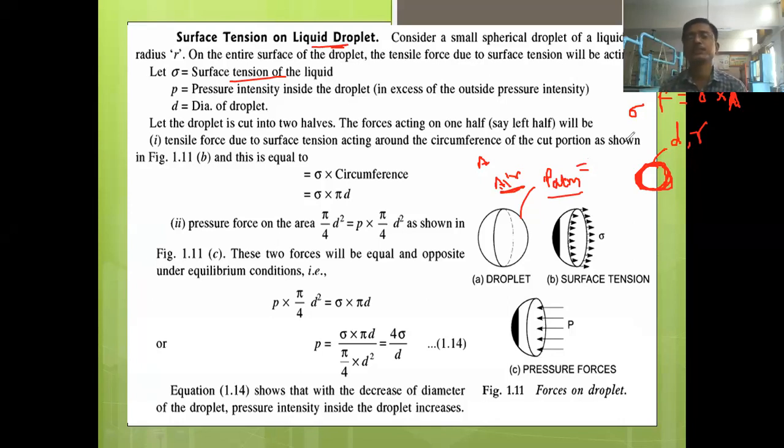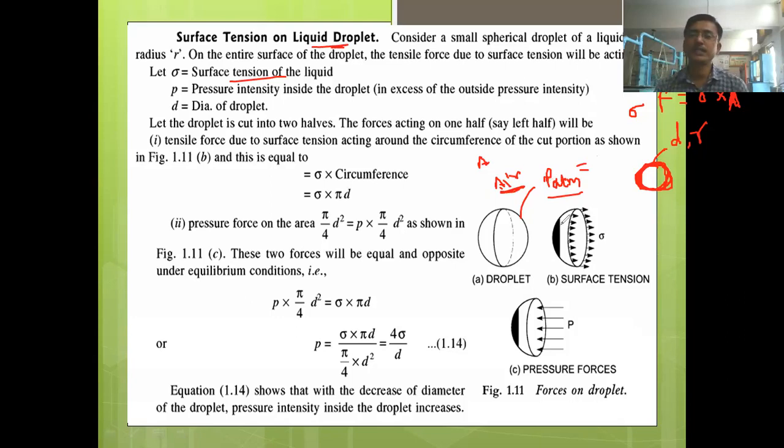And that atmospheric pressure is acting everywhere on every object which is present on the surface of earth, right? So that much pressure should be inside the liquid droplet. त्या लिक्विड ड्रॉपलेटच्या आतमध्ये तेवढाच प्रेशर असायला हवा. But because of this surface tension force, the liquid droplet tries to achieve the minimum surface area. Because of this surface tension, what is happening there? There is an increase in the pressure intensity inside the liquid droplet. त्या लिक्विड ड्रॉपलेटच्या आतमध्ये त्या ठिकाणी काय होते, प्रेशर इंटेन्सिटी वाढते.